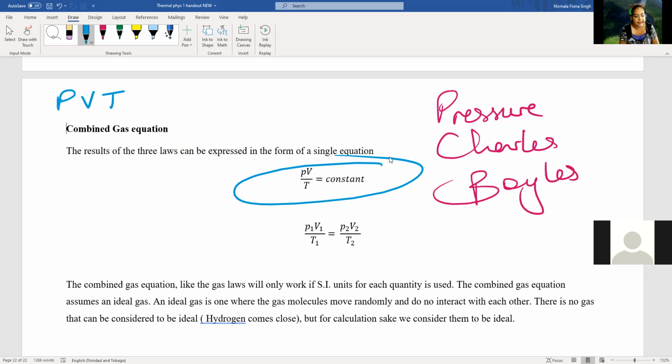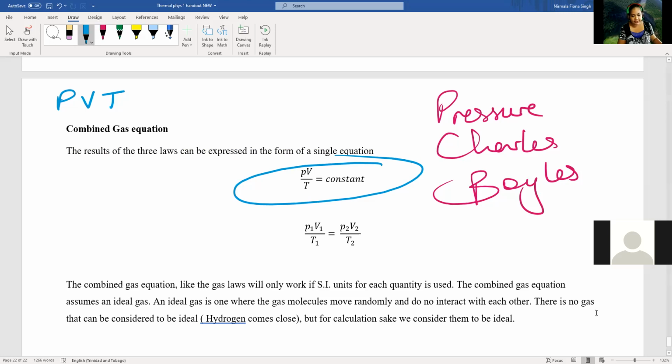What this means is that for every given situation, as in a particular question, if I multiply the P by the V and then divide by the T, I'm going to get generally a constant value. Just like how we've done several things like this. We've done momentum, where before momentum is equal to after momentum, if you remember that, where before clockwise movements is equal to anti-clockwise movements. Similarly for here, our pressure times volume divided by temperature is a constant value,